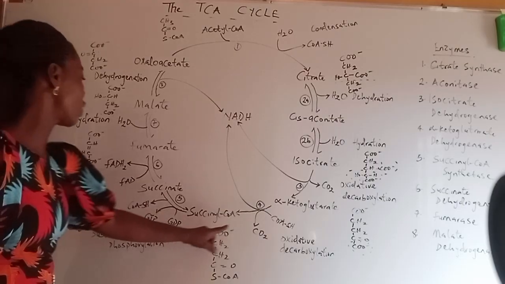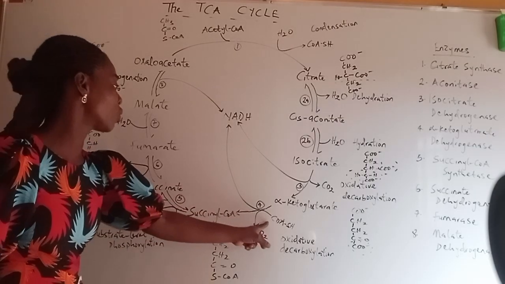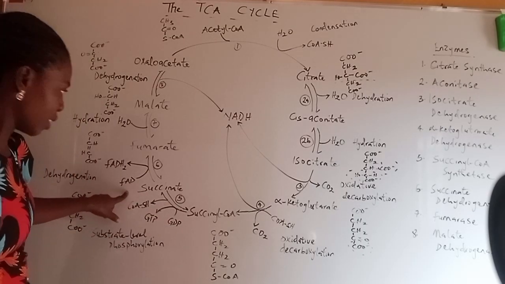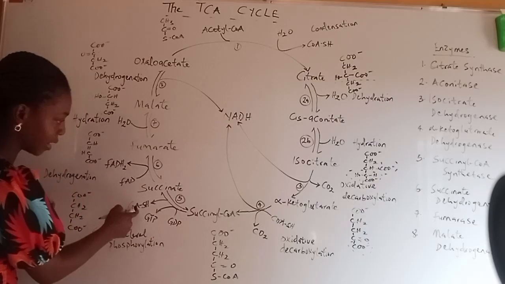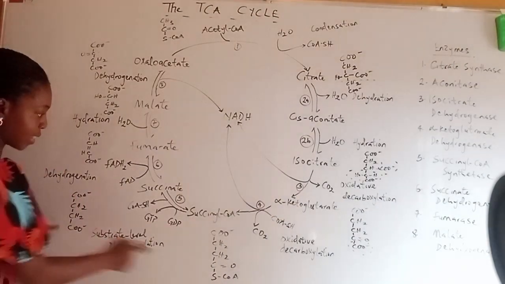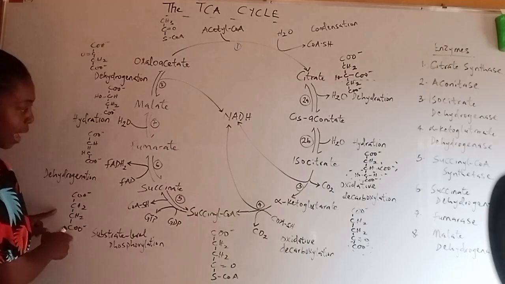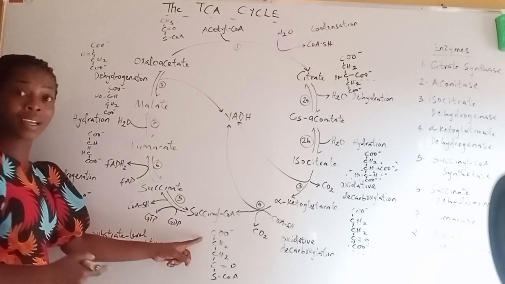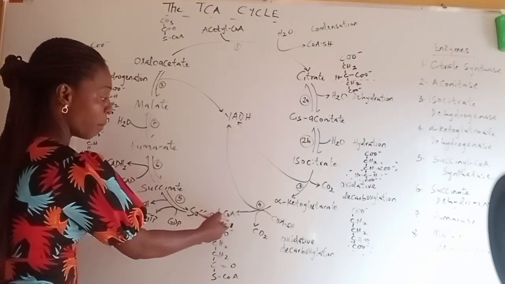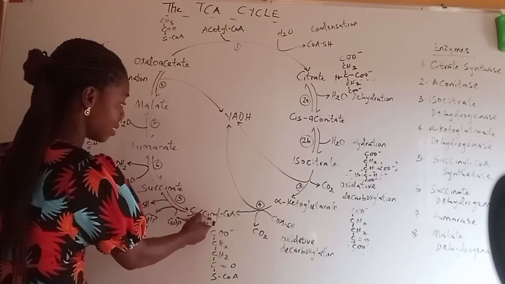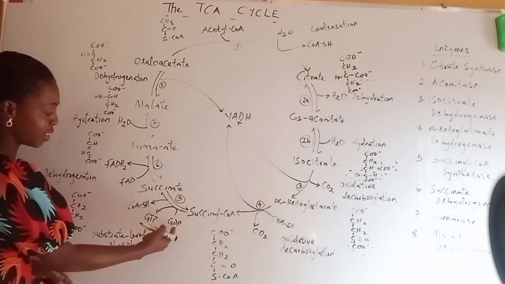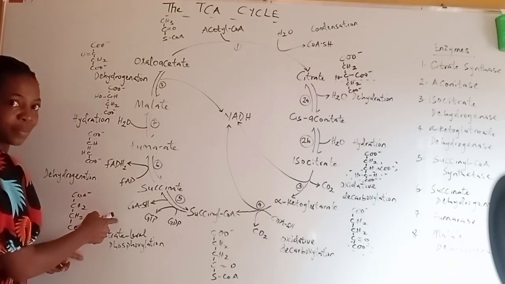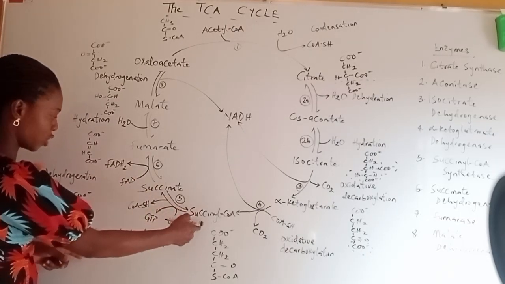And now step 5, succinyl-CoA is converted. Step 4 is catalyzed by alpha ketoglutarate dehydrogenase. Step 5, succinyl-CoA is converted to succinate. If you look at these 2 structures carefully, you will see that the CoA exits, so that here becomes COO. And then the energy in the thioester bond in this compound, if you refer to our previous lectures on high energy compounds, this is a high energy compound. So the energy in the bond between succinate and CoA is used to phosphorylate GDP to give us GTP. And this enzyme is called succinyl-CoA synthetase, named after the reverse reaction in this direction to give us